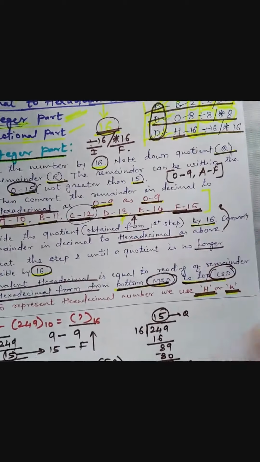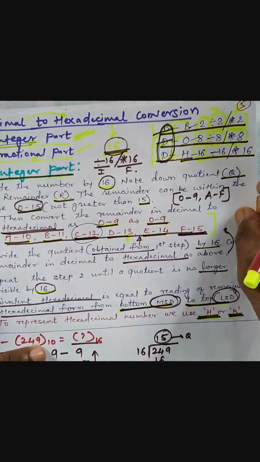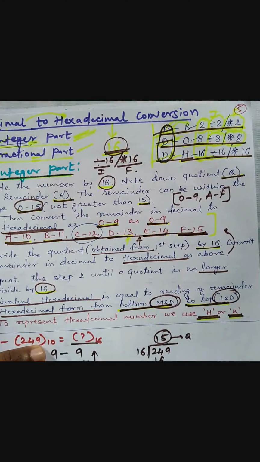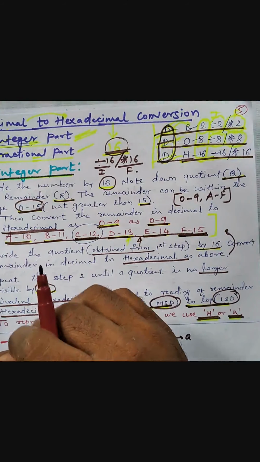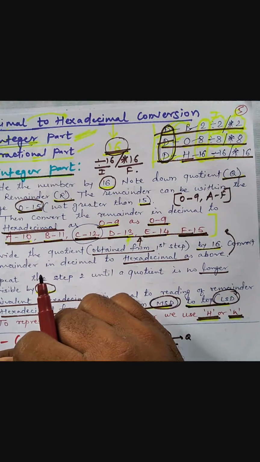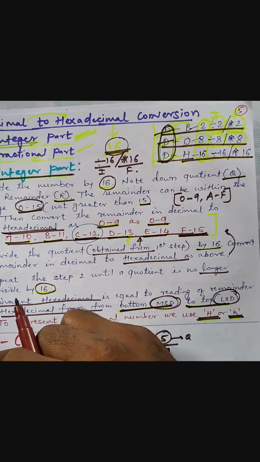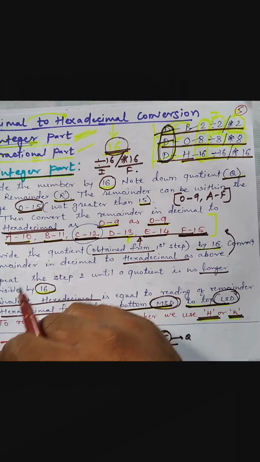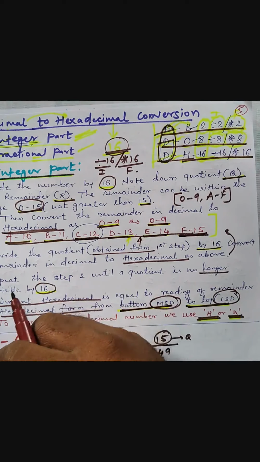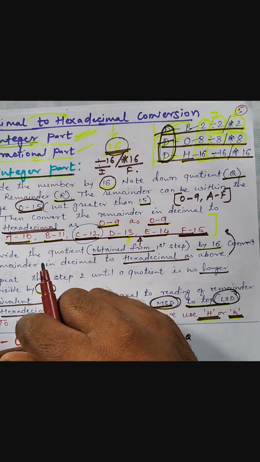I hope these 3 conversions are clear for you. You can by yourself take any number and try to convert it into any of these forms, either binary, octal or hexadecimal. You can post that exercise which you have taken by yourself to verify that you have got the correct answer.